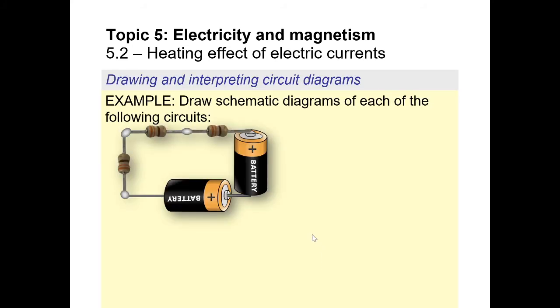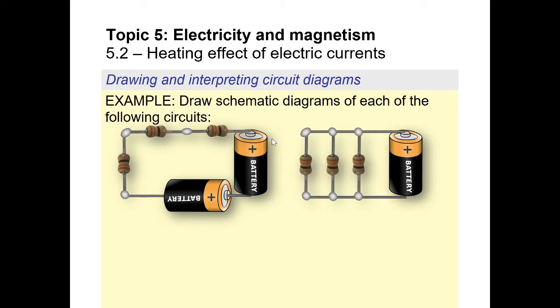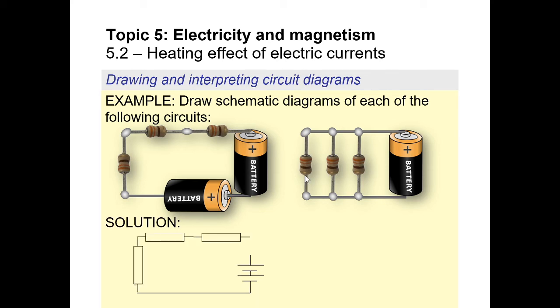All right, now we're going to draw the schematic diagram and the circuit diagrams. So we have a series circuit on the left, series meaning the electricity only flows in one direction. In a parallel circuit here, the electrons can break up and move through different pathways. Okay, so for the one on the left, we've got our 3 resistors in series. We've got our cells, and since there's 2 of them, like I said, you can just draw one long line and one short line, or you can draw 2 back to back. That's fine. And for the case on the right, here are 3 resistors in parallel, and there's our single cell